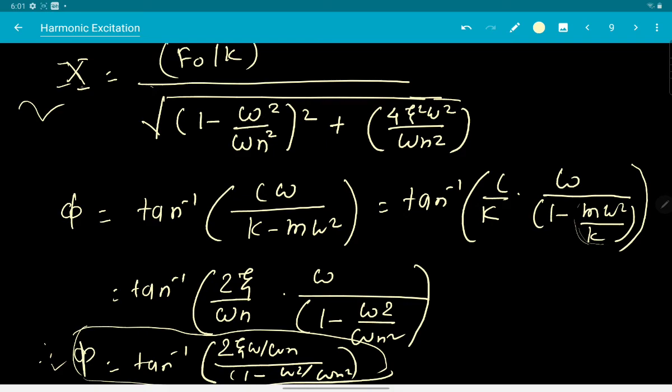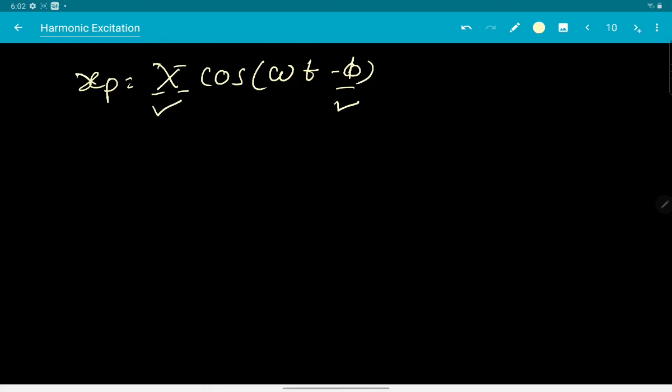So what does X depend on? X depends on F0, the amplitude of forcing, and the frequency of forcing, which is omega. It also depends on the natural frequency of the system, on xi, the damping ratio that we are considering, and on k. Isn't it pretty weird? It depends on k alone over here. We are going to see what happens to it very soon, maybe in the next class. But as of now, we have derived the expression of xp.